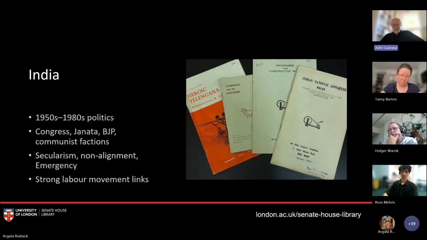Key themes include debates around secularism, non-alignment, and the dominance of the Congress Party. The collection also includes pamphlets from leftist youth organizations and pressure groups tackling communalism and civil liberties, especially in the context of the 1975